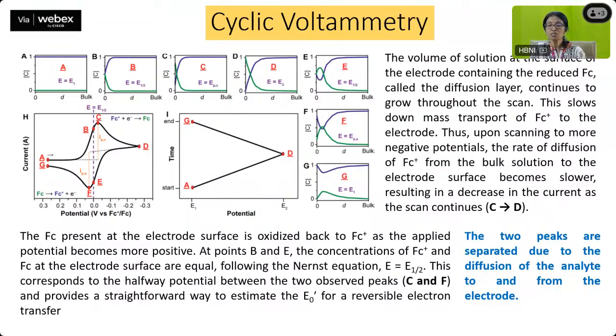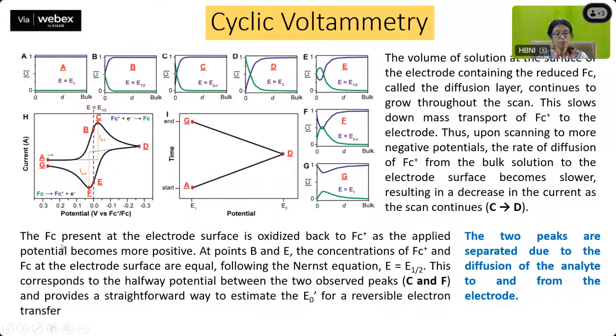This slows down mass transport of the ferrocenium to the electrode. Thus, upon scanning to more negative potential, the rate of diffusion of ferrocenium from the bulk solution to the electrode surface becomes slower, and it results in a decrease in the current as the scan continues from C to D. And the ferrocene which is present at the electrode surface is oxidized back to ferrocenium